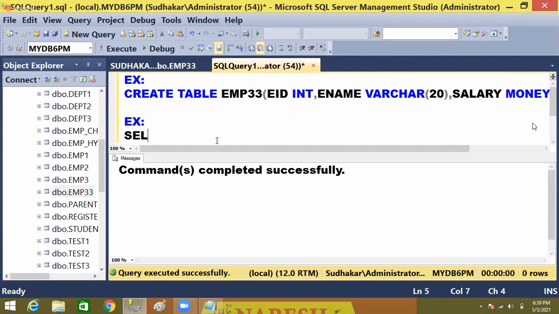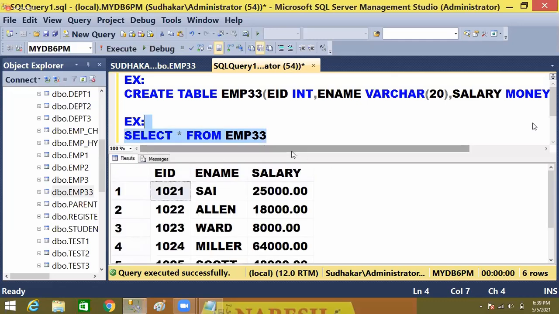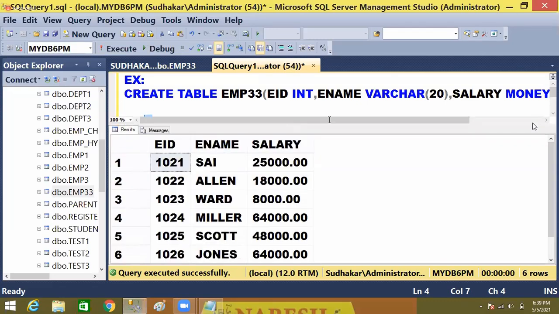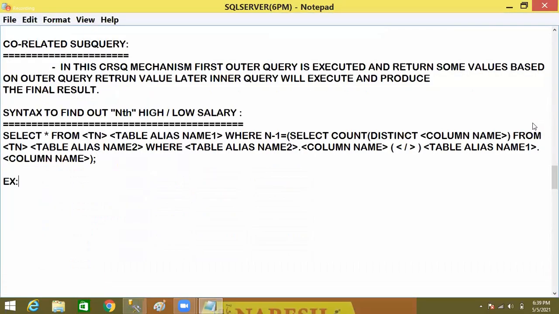So the table I'm just following now. Select * from EMP. This is our table, guys. On this table, I need to perform my requirement. The first example,